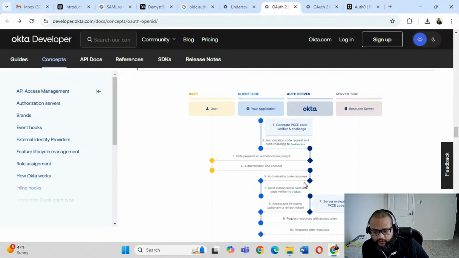It sends an authentication code response, and then from the service, it sends the authorization code to the token endpoint of the IDP, along with the client ID and client secret. I know this doesn't make sense at first, but this two-step is basically used to verify that